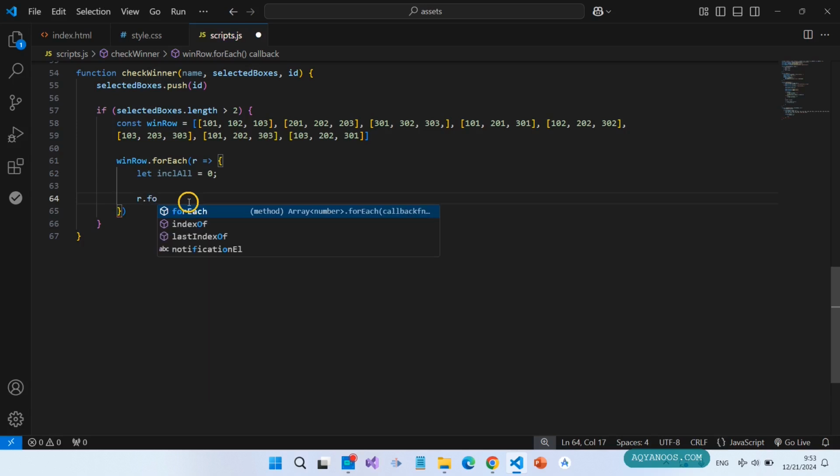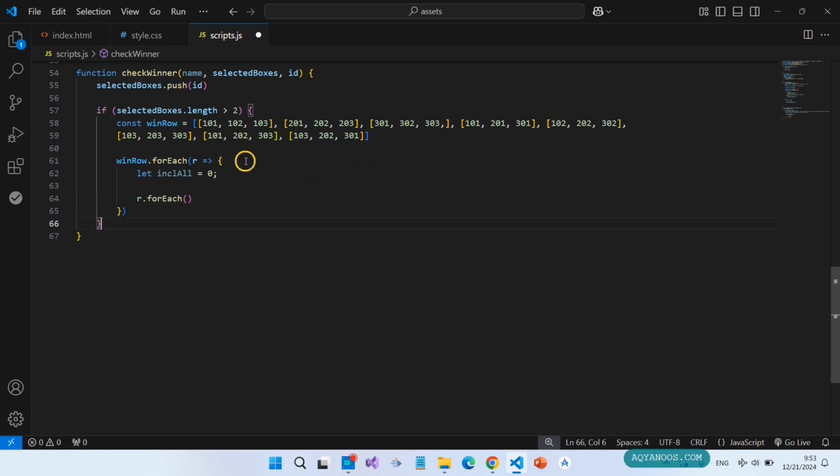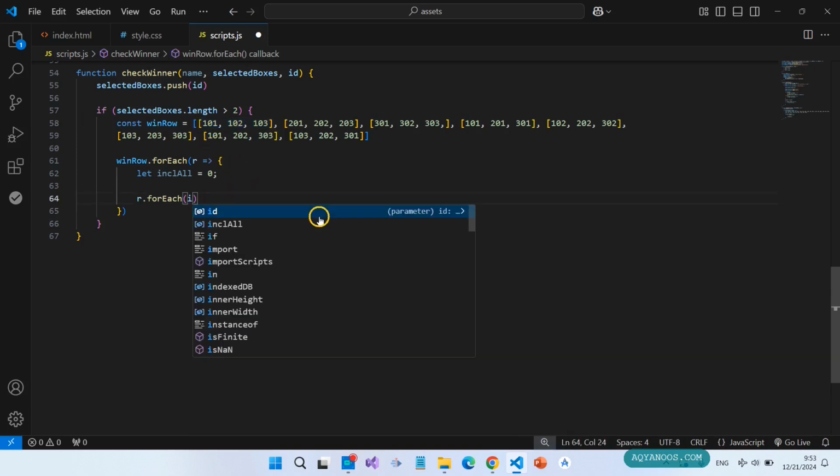Or dot for each. As you see here, we have an array inside this array. This is the parent array and this is the child array. The parent array has 8 items and the child array has only 3 items. And for the item,